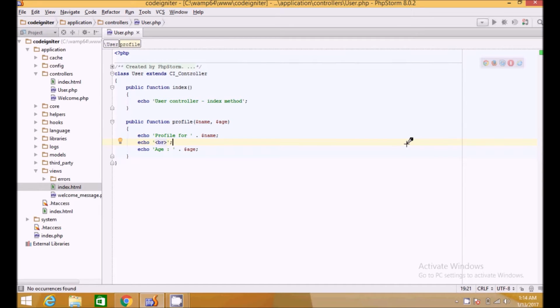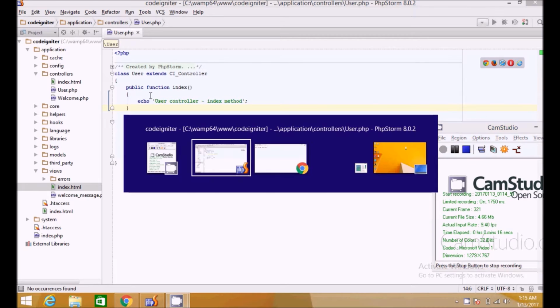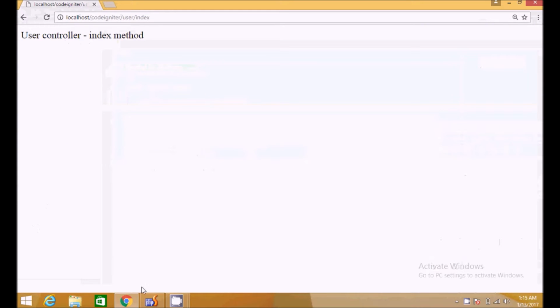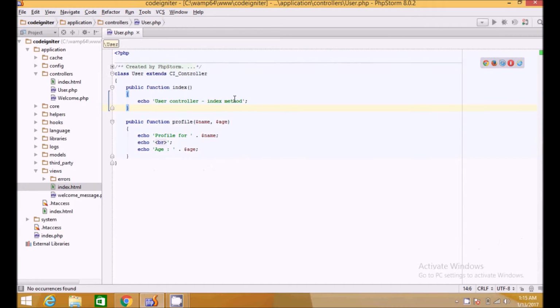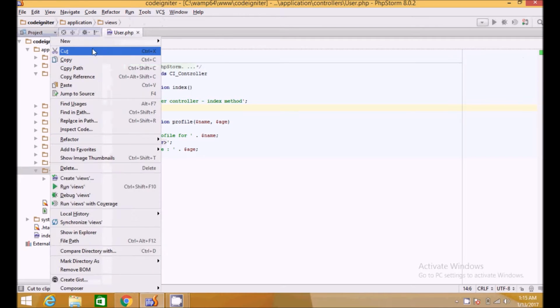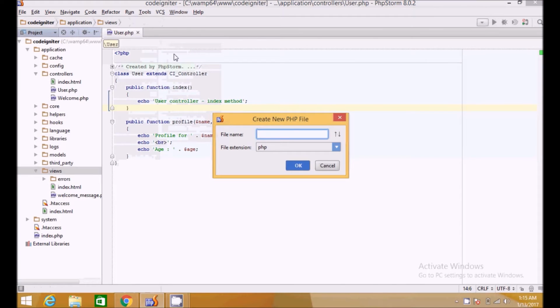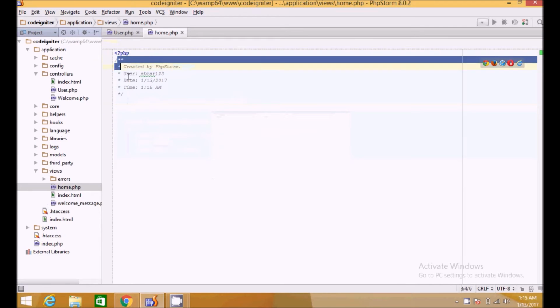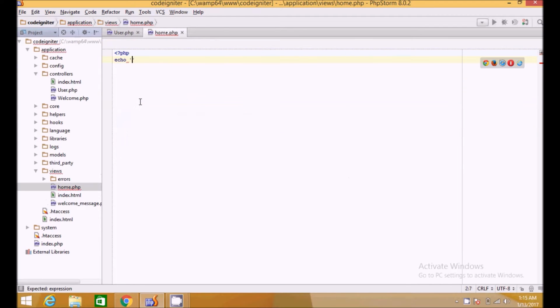So let's get started. In the previous tutorial we left off in the user controller, where we were echoing out this text on the browser from the index method of the user controller. If we want to load a view here, let's create a view. From the views folder, create a new PHP file and name it home. Here we go. We echo out "hello from home view",